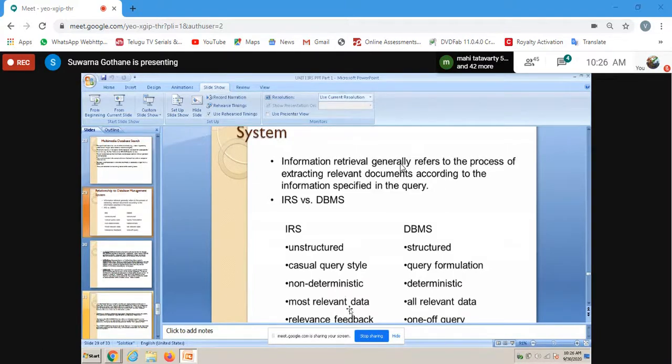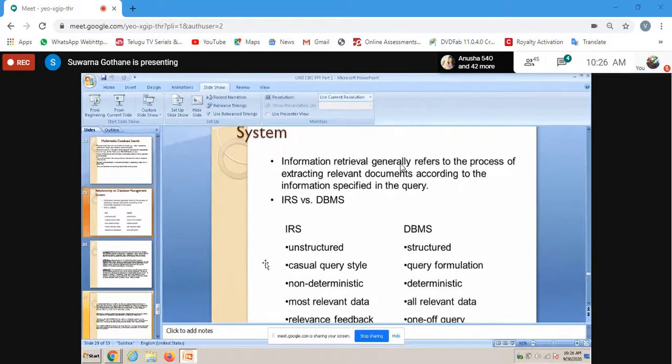This is possible for an information retrieval system for any sort of data, either text documents, images, movies, or any sort of audio and video data. Relevance feedback is possible there, whereas in DBMS it just works on the query, a standardized query is formulated.